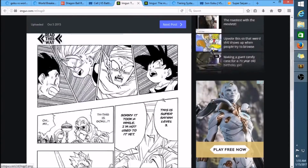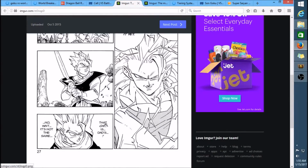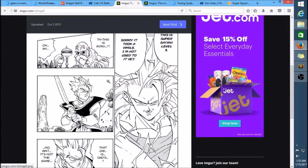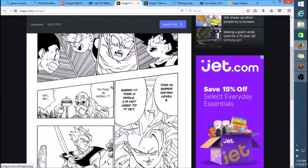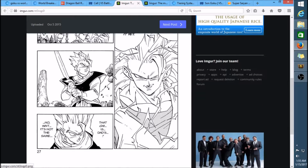And here's another one. Just by powering up, Goku is able to shake the world of King Kai. No, King Kai, what is that? This place, I forgot what it's called, but just by powering up, he's not even doing anything but powering up. He's able to shake it, even when Gohan was in the Z-Sword saga. And that's a long